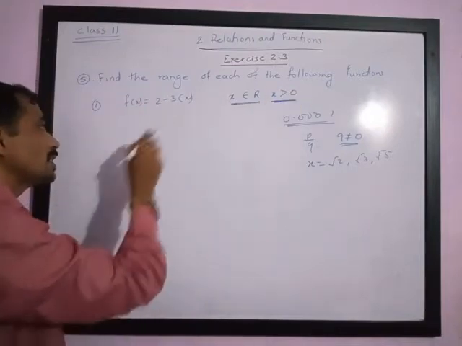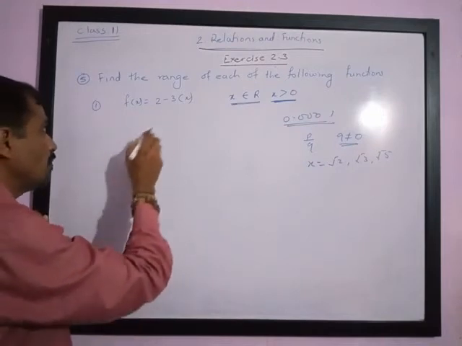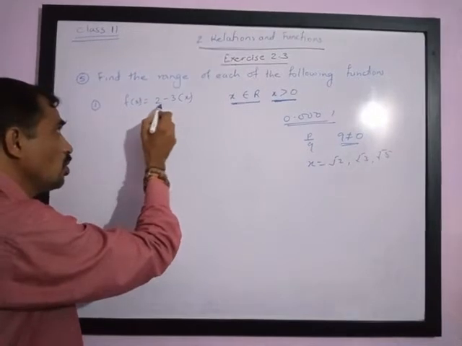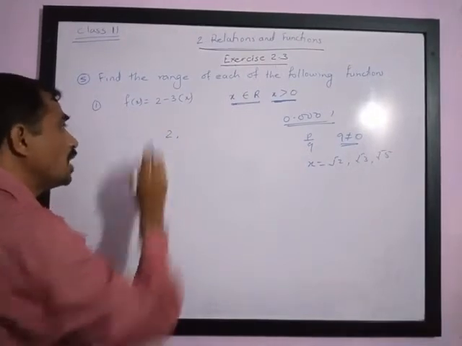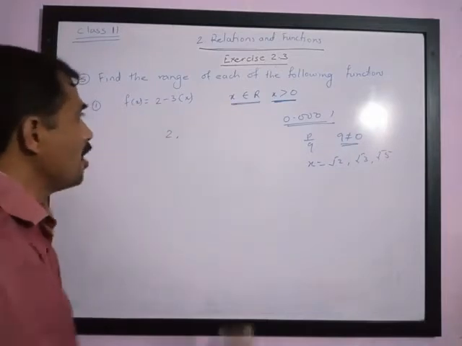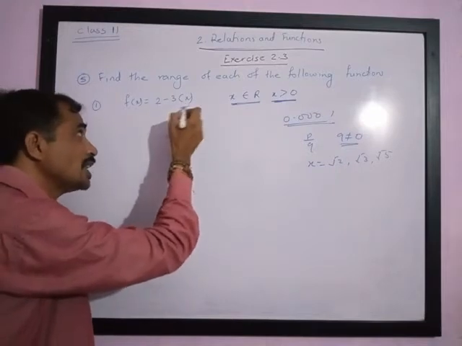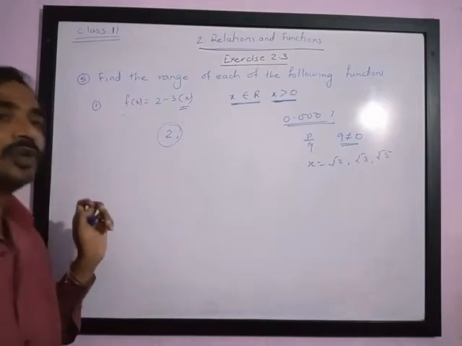Let us put x is equal to 0 in this. If you put x is equal to 0, you will get f of x is equal to 3 into 0, 0, 2 minus 0 is 2. Try to understand. Sorry, f of x will not have the value 2 since x is not having the value 0.